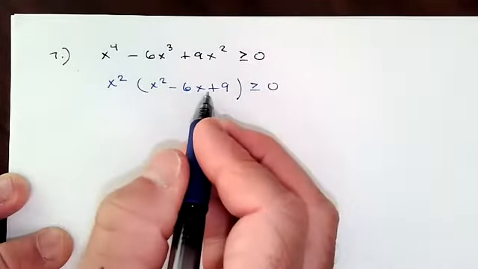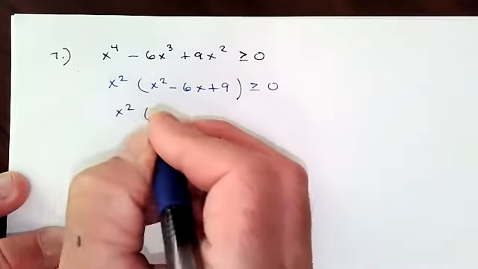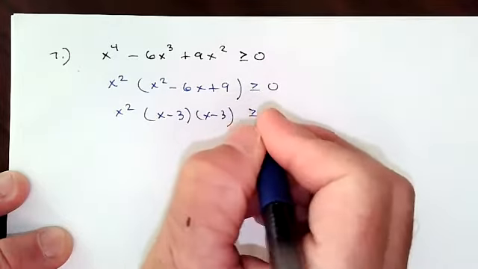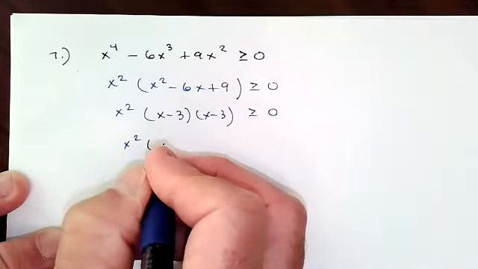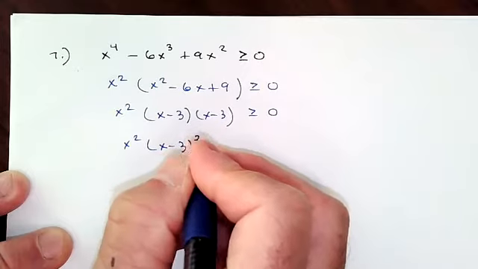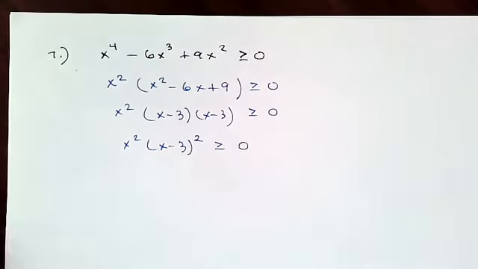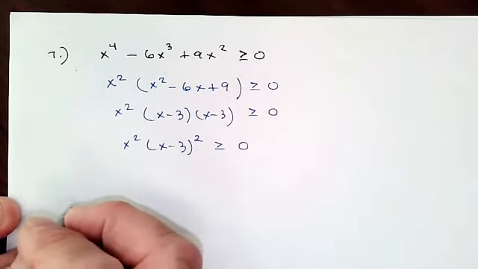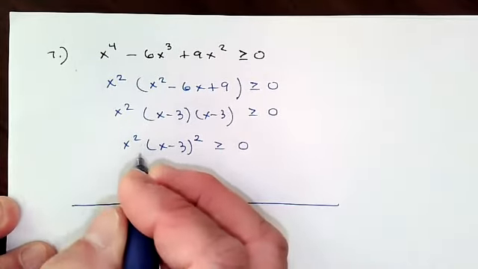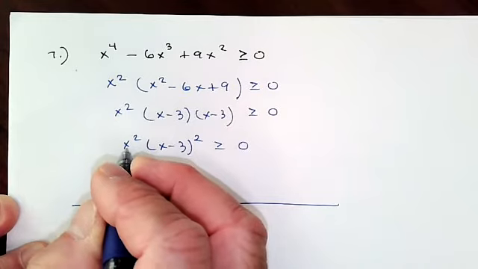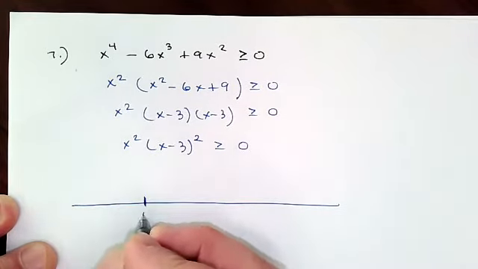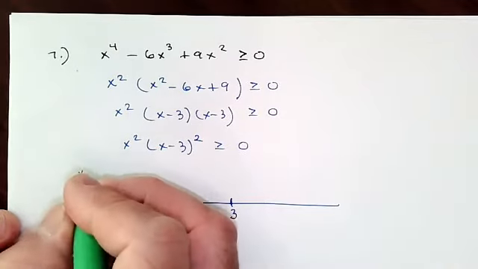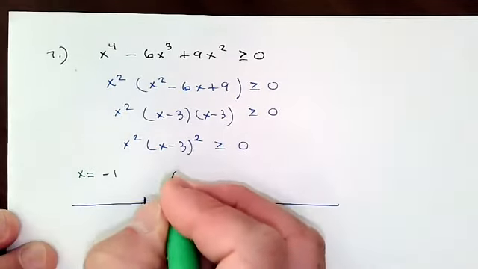And then x squared minus 6x plus 9 factors into x minus 3, which you could write as x minus 3 squared. And everybody's factored. It would be time to use the number line. My key numbers would be 0 and 3. And if I pick test numbers,